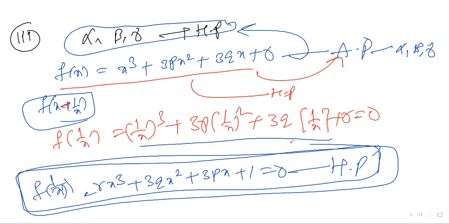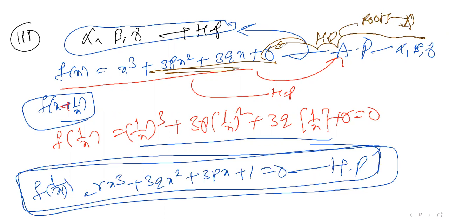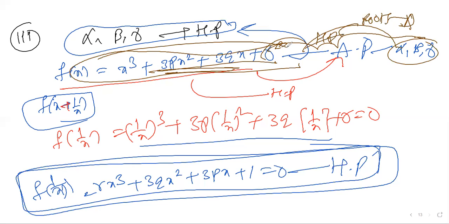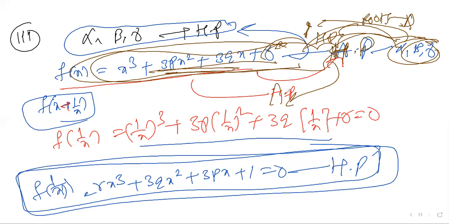Or we can take one more way also. The other way also I can say, to understand what they're telling. If it is in HP, what are the roots they're asking? This equation is in HP. What are the roots they're asking? What if the equation is in HP? The roots are so and so. What is the condition they mention? The other way you can take: the question is in HP, you convert the HP question to AP. Same procedure.